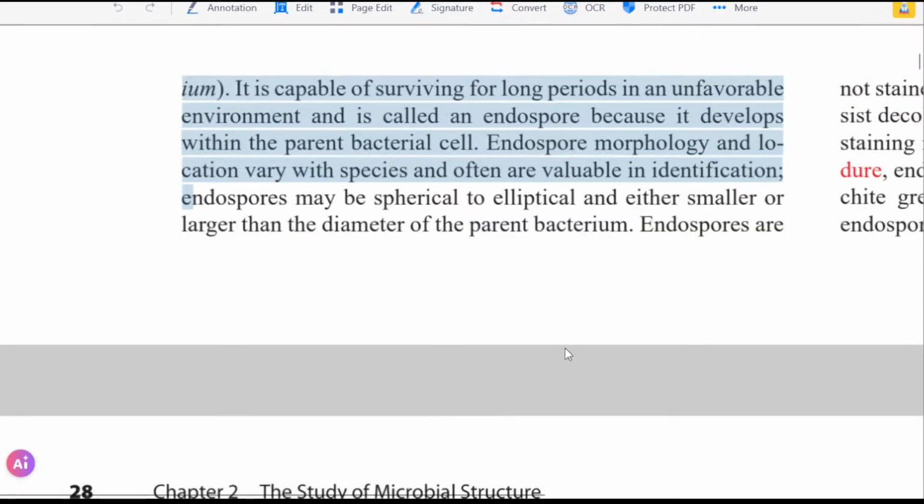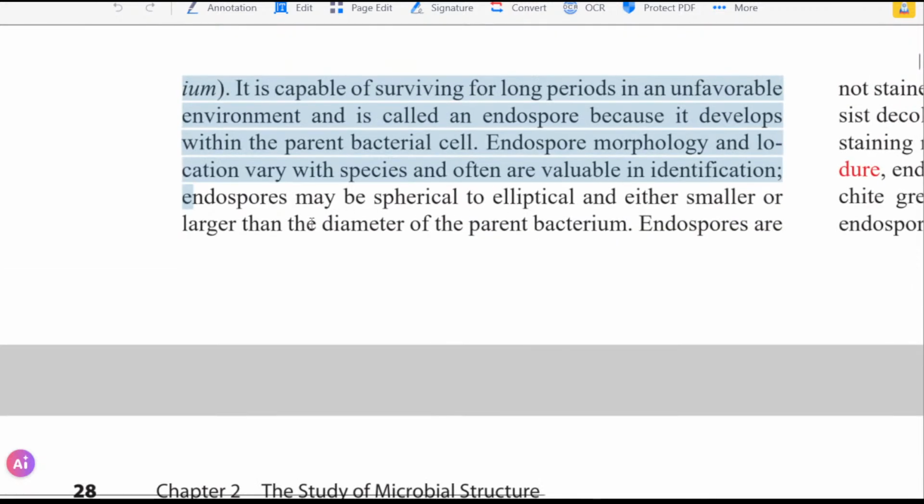Elliptical, and either smaller or larger than the diameter